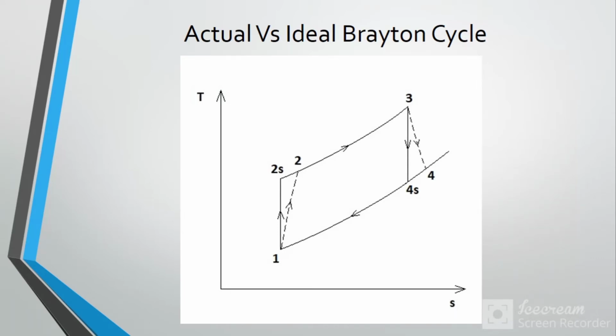From 3 to 4 you can see that the line is curved, but ideally it should be vertical. From 3 to 4 means during expansion there should be no losses, and the kinetic energy of gases will convert completely to power, but in reality it didn't happen so. So today's topic was just related to the ideal cycle, its PV and TS diagram.